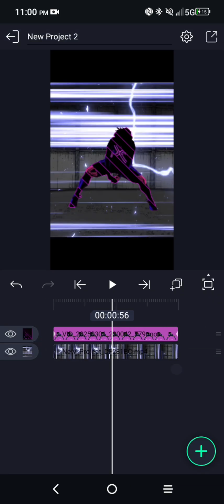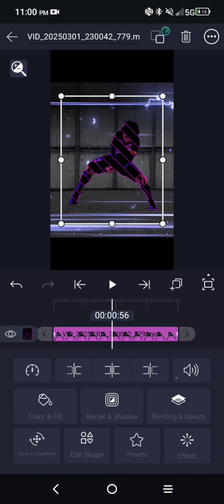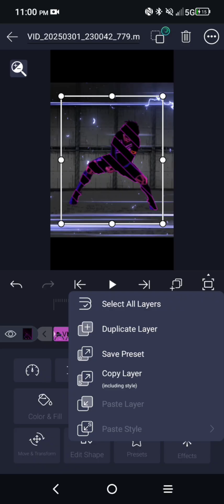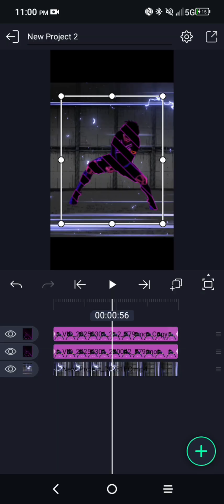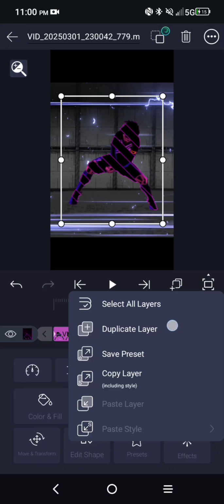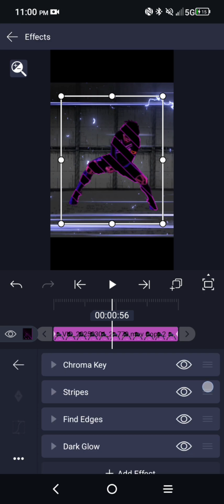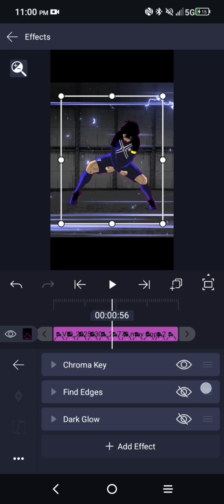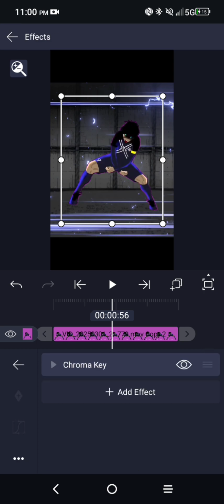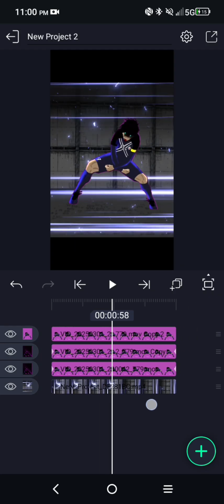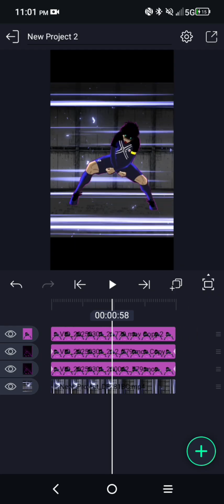Now that your clone is good, you click on the plus and the 2 bosses. Then you click on duplicate layer. And then you duplicate the other layer, but this time you're going to get rid of the effects. Personally, I don't like the other effects being there, so I'll get rid of them. Now this is where the